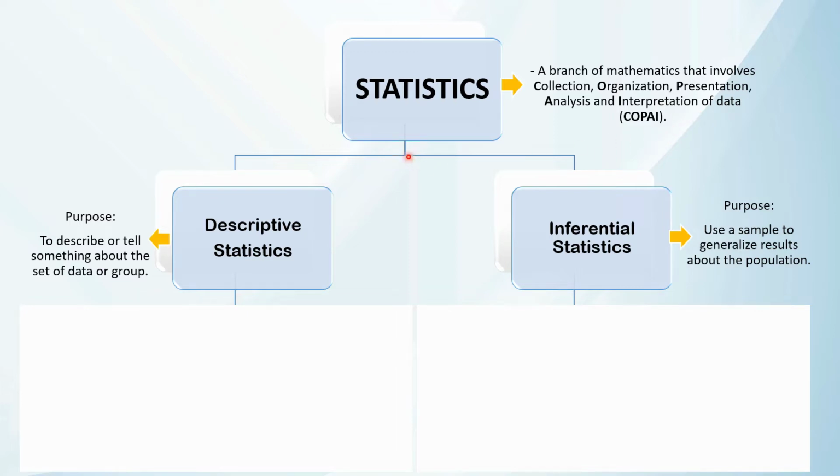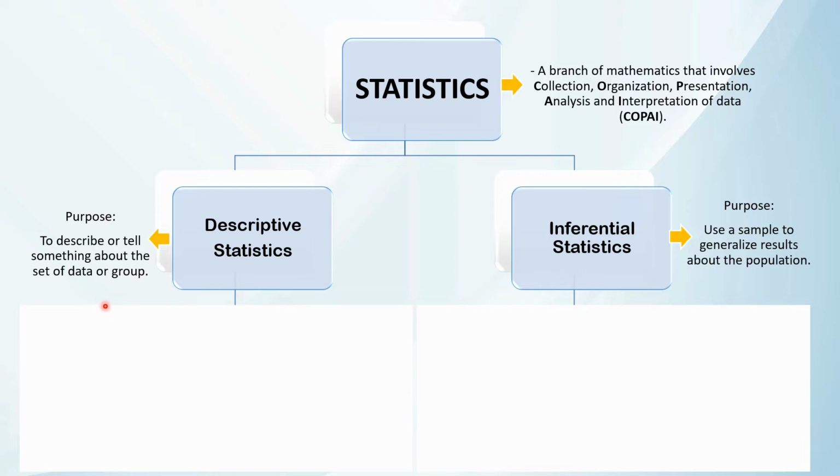So we have two types of statistics. First, we have descriptive statistics, and the second one is inferential statistics. So let's differentiate the purposes of the two types of statistics. When we say descriptive statistics, the purpose is to describe or tell something about the set of data or group. So again, in descriptive statistics, your purpose is just to describe or tell something about the set of data or